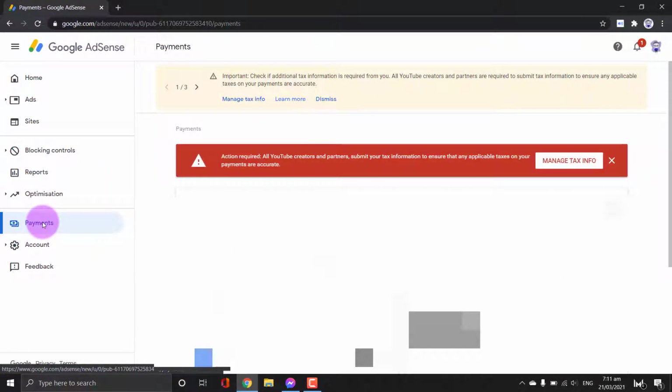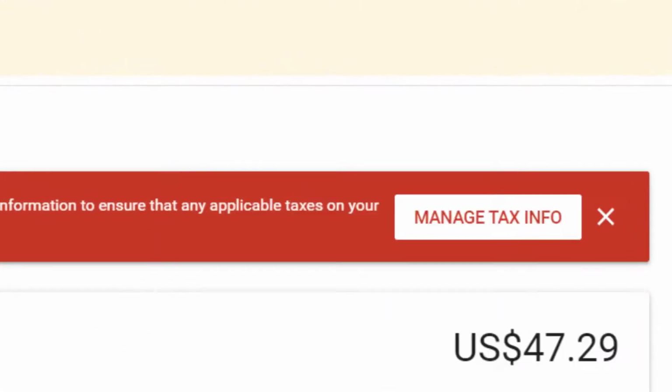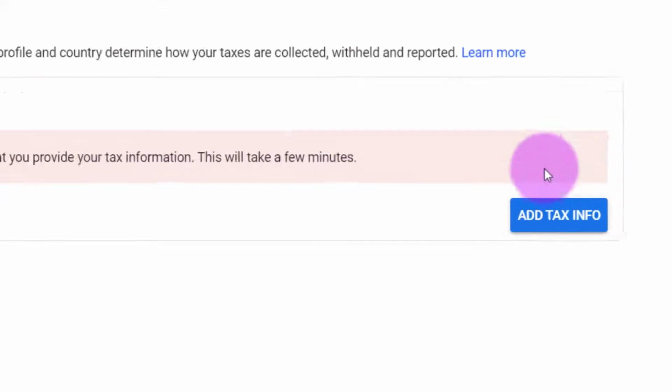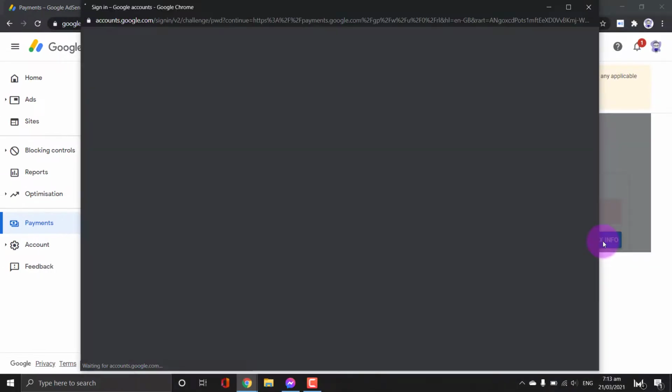Paano ba natin i-update yung ating taxes dito sa ating Google AdSense? Pwede natin i-click dito, itong namumula na to, Manage Tax Info. Kaya siya kulay red dahil kailangan talaga siyang i-update dahil kung hindi natin ito ma-update, masyadong malaki yung tax na kukunin sa atin ni Google sa ating mga earnings. So, i-click natin yung Manage Tax Info and then click natin yung Add Tax Info and then may pop up